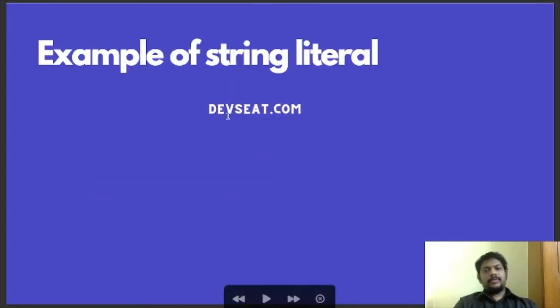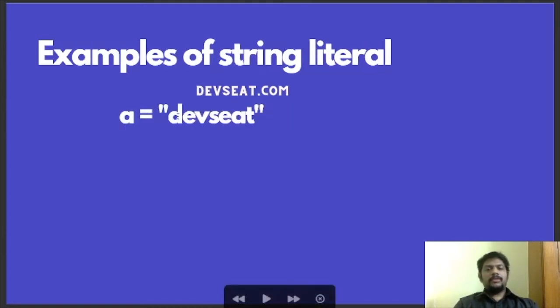What is an example of a string literal? a equal to "dev seed". This is an example of a string literal because it is enclosed in double quotes.